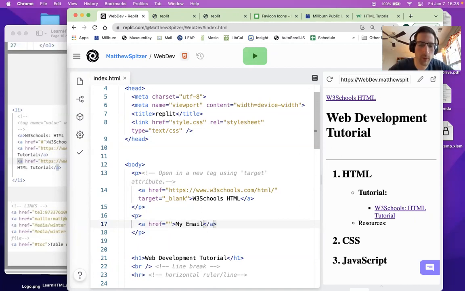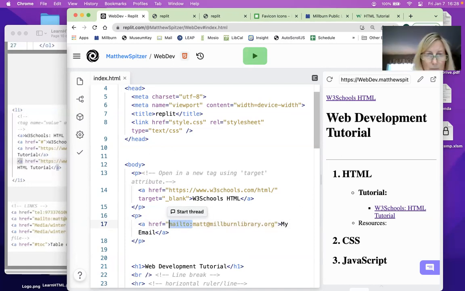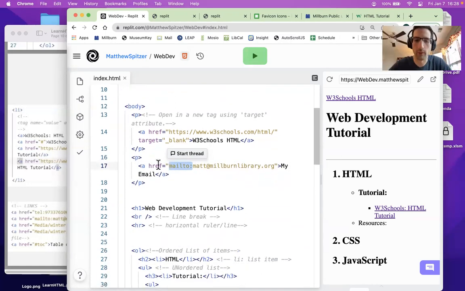If you've been to websites, you know that you can sometimes click a contact us link, and it'll open up a mail application, or if it's on a phone, it'll take you to Gmail, stuff like that. So what we can do is I can just say the link is my email. But to say this isn't a website, this is an email that we want to make, we use this special bit at the beginning of the value. We still use href saying link to this, but we just use mailto: